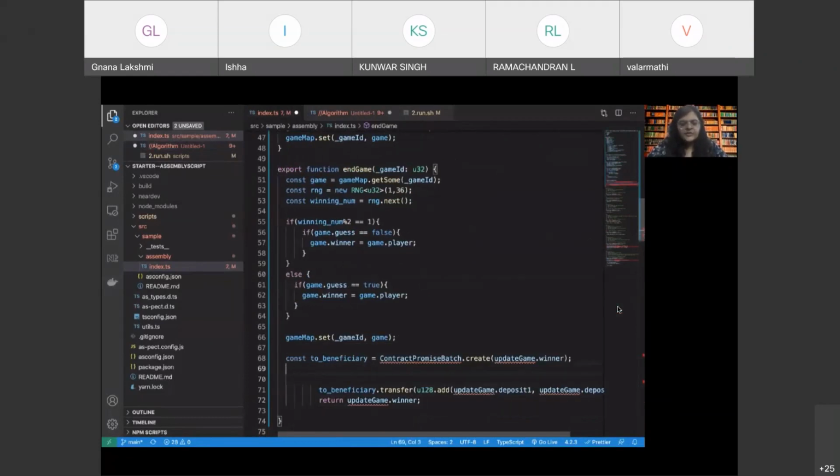So what we are going to do is a cross contract call. This is another contract called ContractPromiseBatch, right? Which is going to wrap the game winner in such a way that the game winner can become a beneficiary to whom we can send the money, right?